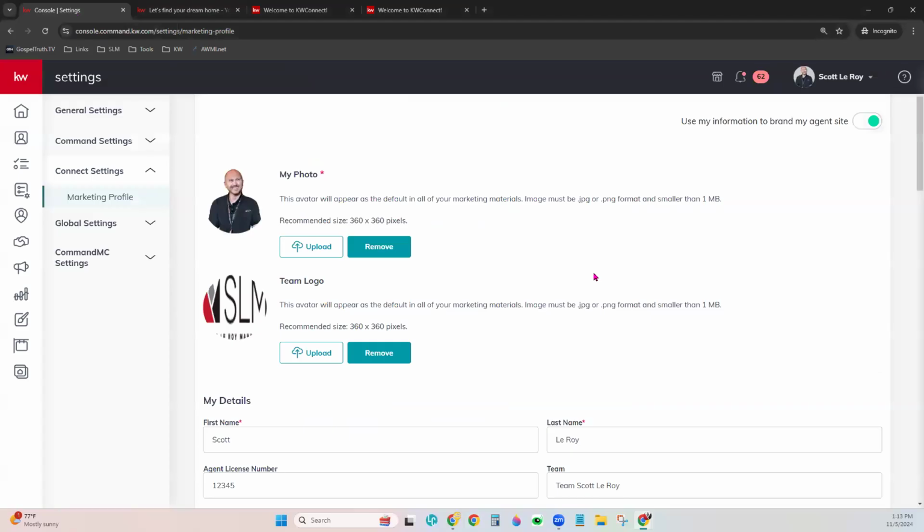And now that we've gone through our marketing profile, let's go ahead and go look at our websites tab so we can start looking at the current default settings of a website once it is fully launched, and also how to adjust those so you can customize it a little bit more. Now, we do have another class called Customize Your Website that gets into how to create additional pages and things like that, like landing pages, custom pages, things